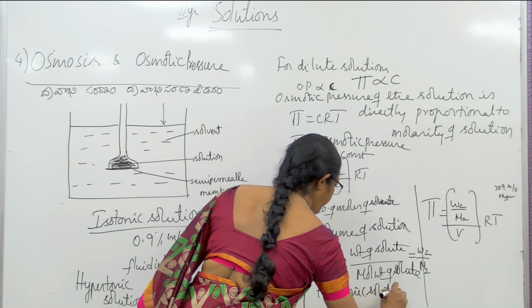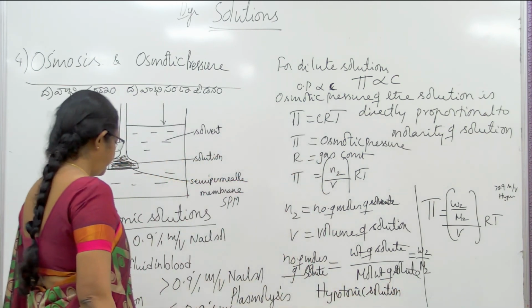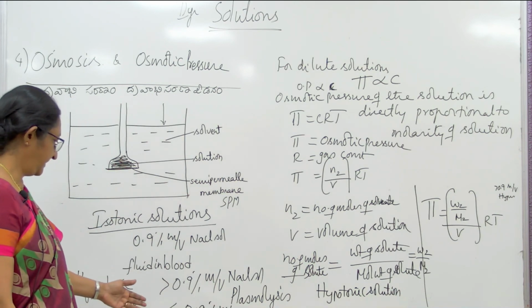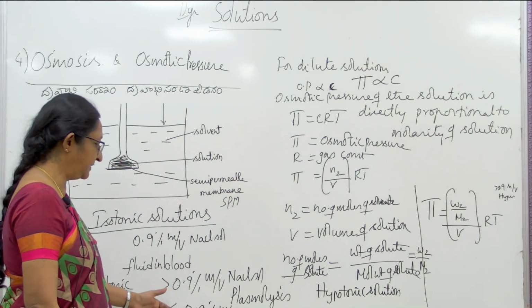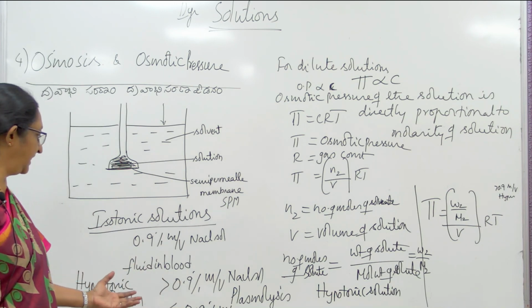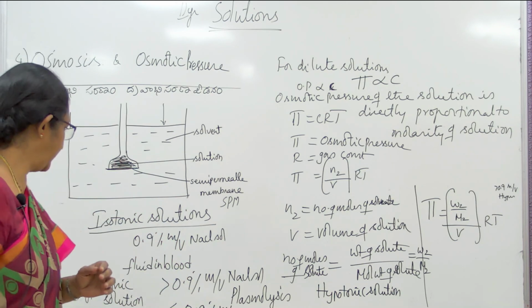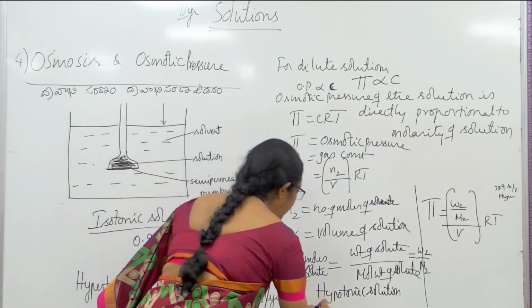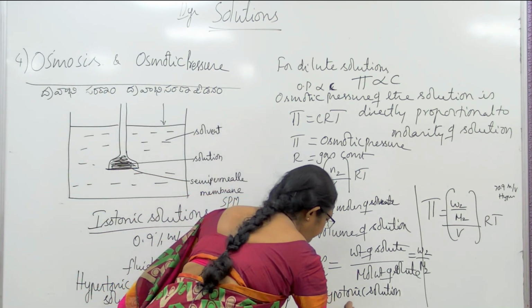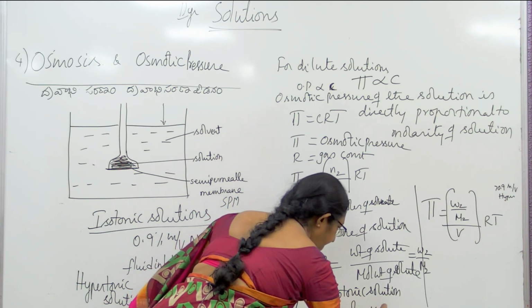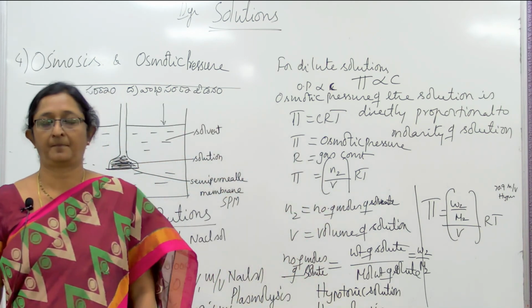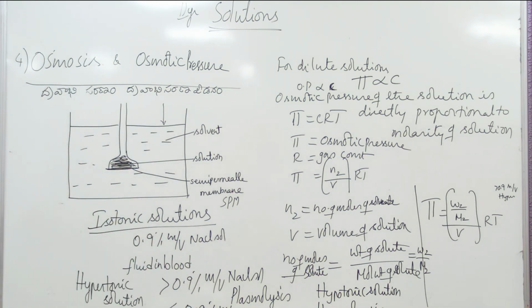Suppose the concentration of the sodium chloride solution, or the saline solution, is less than 0.9% mass by volume, then it is called a hypotonic solution. When the blood cells are kept in this, the water will flow into the blood cells and it will